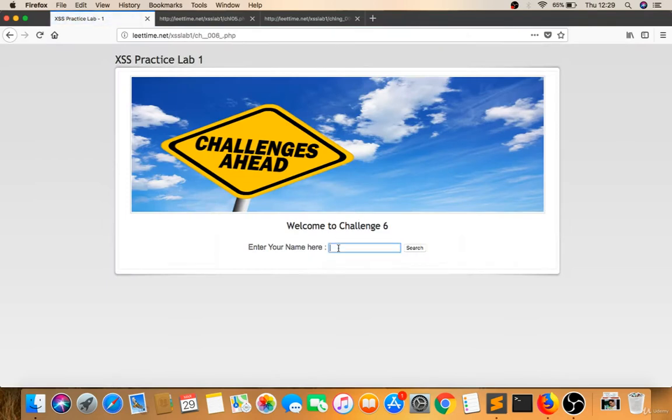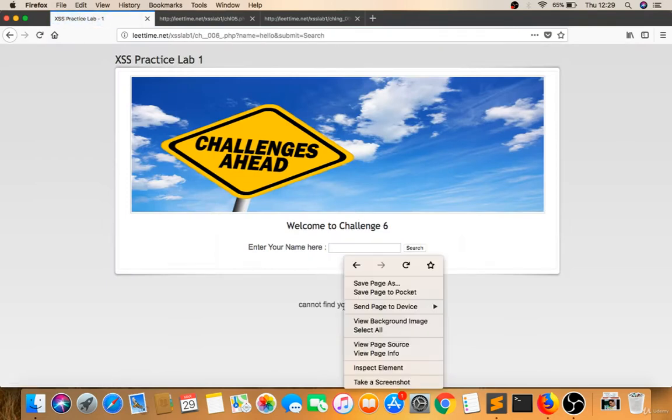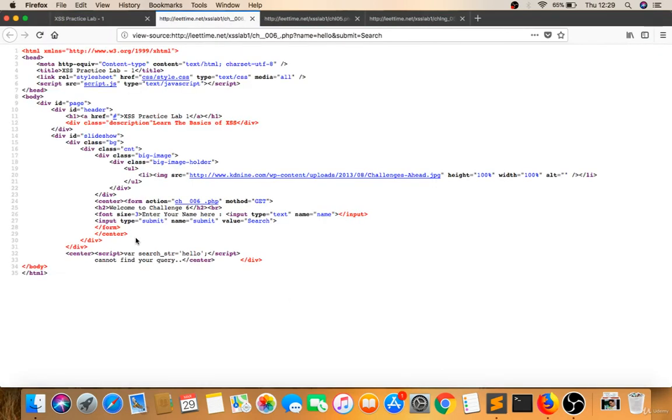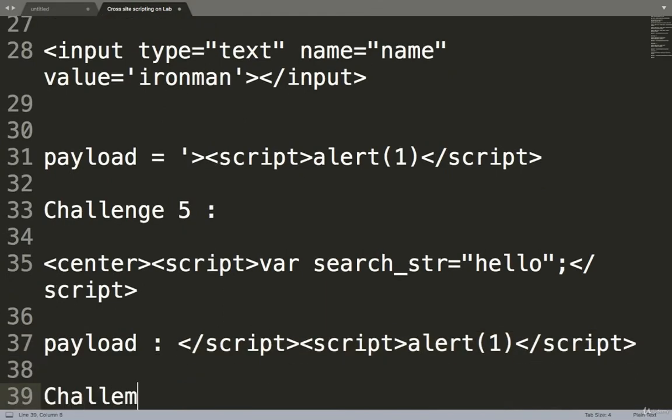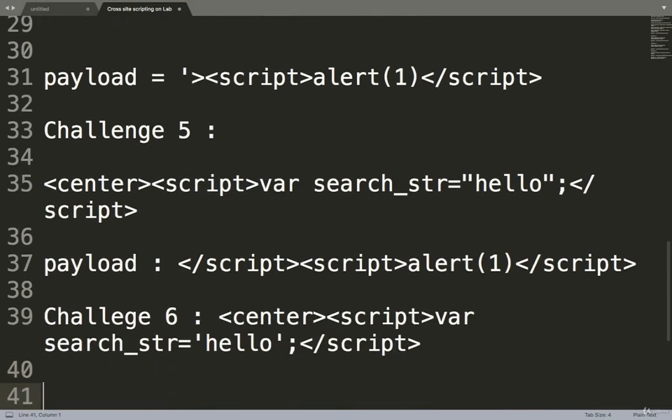Now let's do challenge 6. Let's give hello here again. View page source. Search where it is reflecting. Okay, there it is reflecting. So challenge 6. Okay, see, center is an HTML tag and they started a script, and your input is reflecting in a